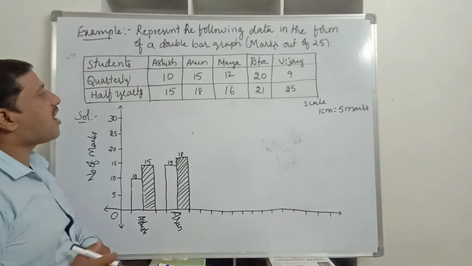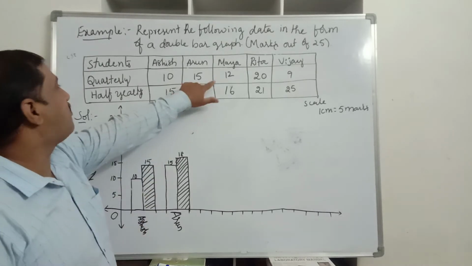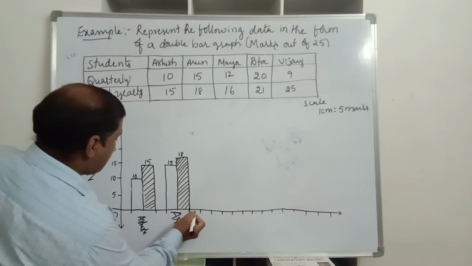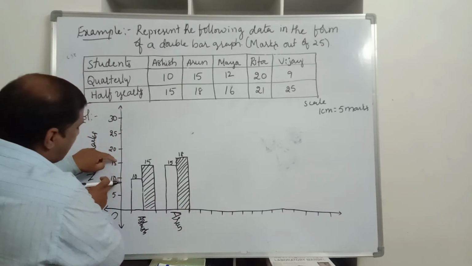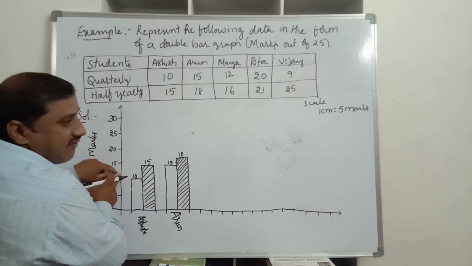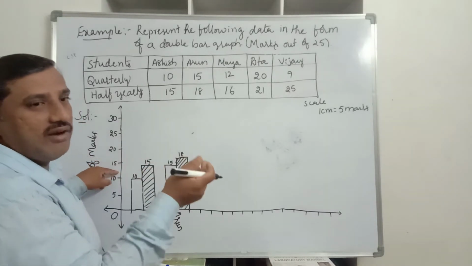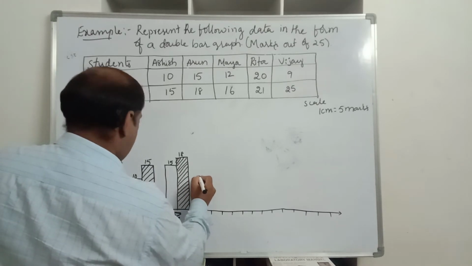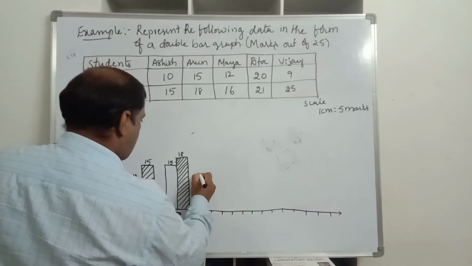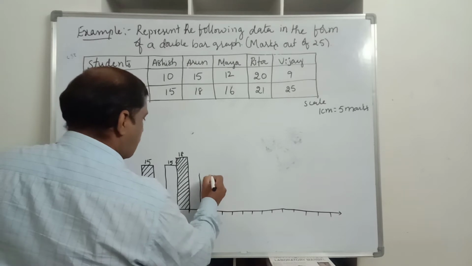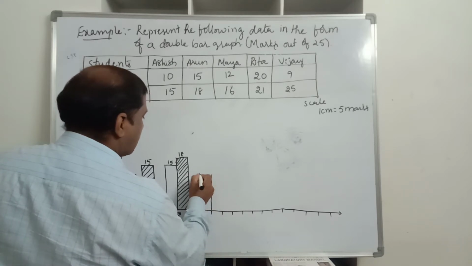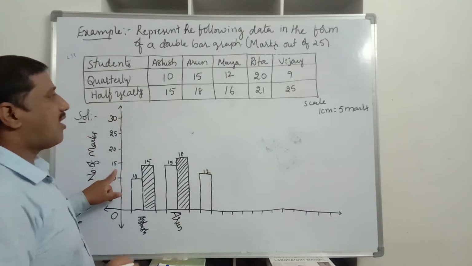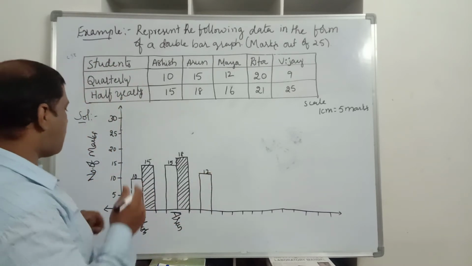Next, the third student is Maya. She scored 12 marks in quarterly and 16 marks in half yearly. So leave one space. 12 marks is between 10 and 15. 11 is represented by the second line and 12 by the fourth line, counting from 10. So you choose the fourth line and draw from here, and this gives us the 12 marks Maya scored in the quarterly examination, and 16 marks she scored